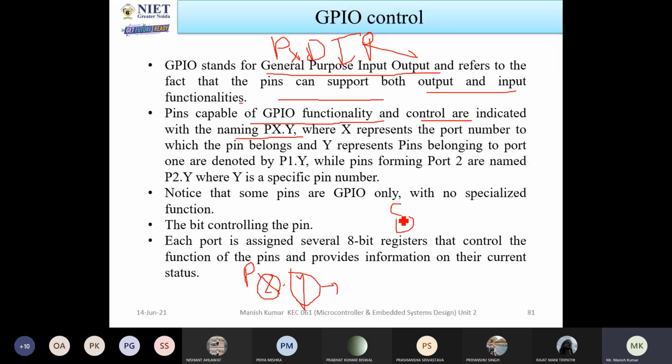So, port 1 has 8-bit pins, meaning 8 different pins. So, how can you represent the 7th pin? It depends on y here. Okay. So, the first pin is denoted by y equal to 0. Remember that. So, let's start from 0, and then 1, 2, 3, 4, 5, 6, 7, like that. So, this is the representation. How can you represent this port and pins? If you are not able to write the correct representation, then in the programs the assembler will not understand what you have written. So that's why it makes a rule.